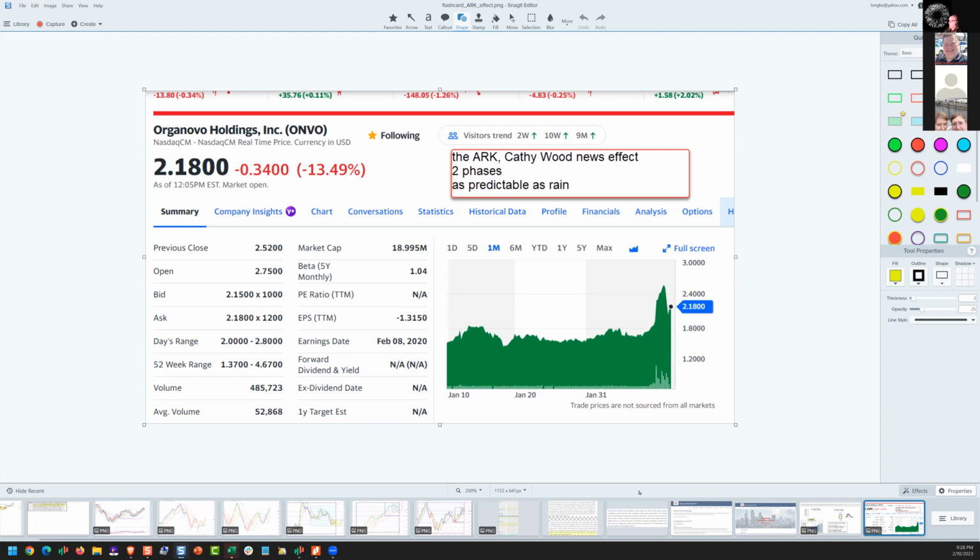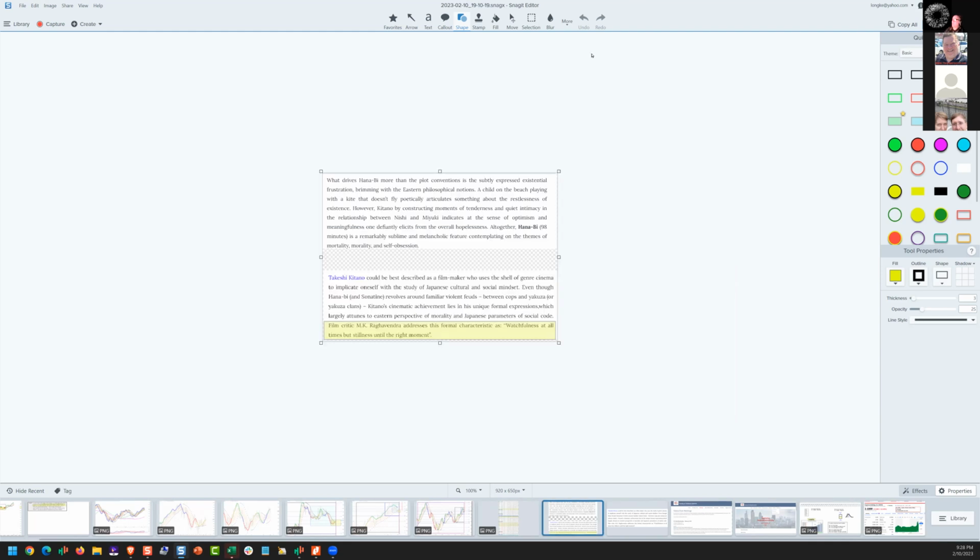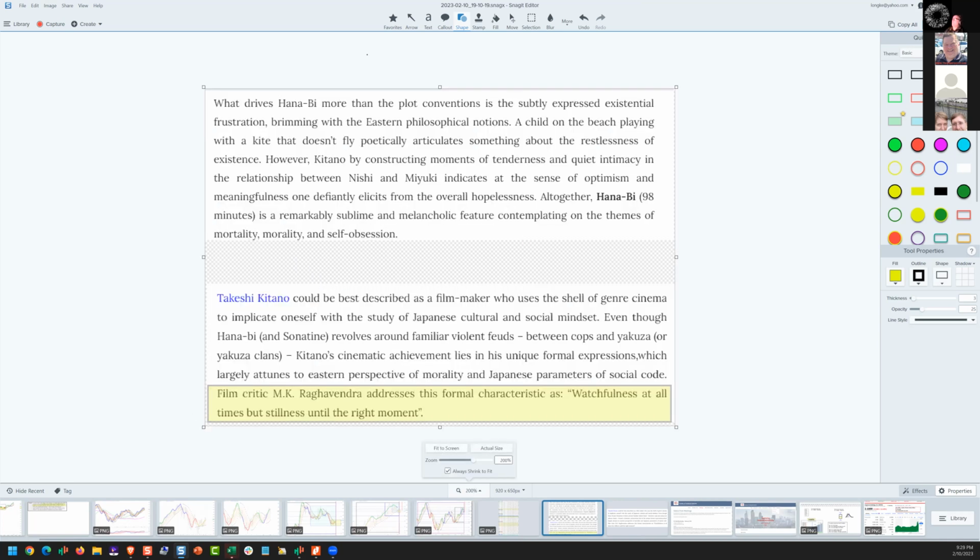Okay. I watched a really good movie today by one of my favorite Japanese film guys, Takeshi Kitano. He's not for everybody. Very deep into Japanese culture and social mindset. And this movie, Hanabi, will make you cry. Remarkably sublime and melancholy on the topics of morality,